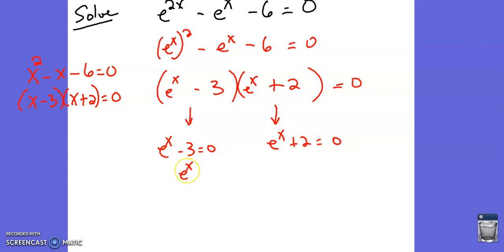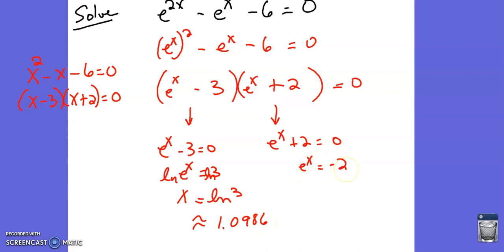So e to the x power equals 3. To solve this, again, you can ln both sides. So x equals ln 3, which is approximately, if you plug that into your calculator, 1.0986. Here we have e to the x equals -2, and here we could stop, because if you remember the e function,